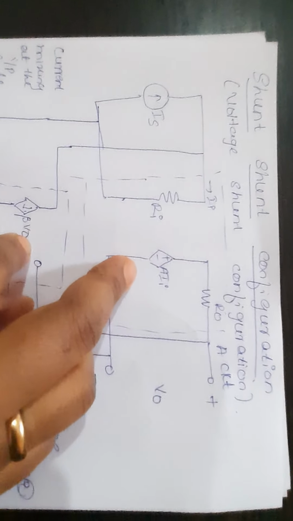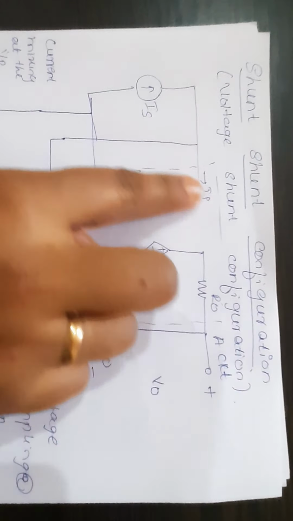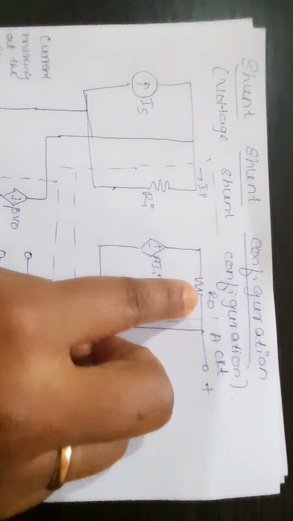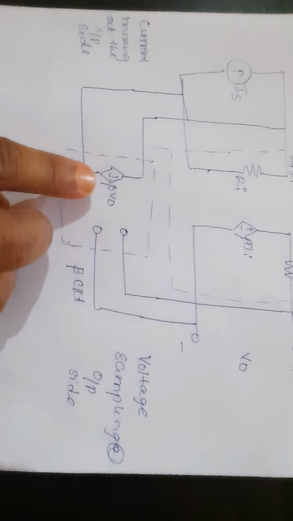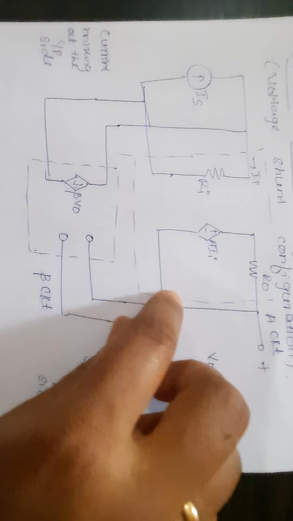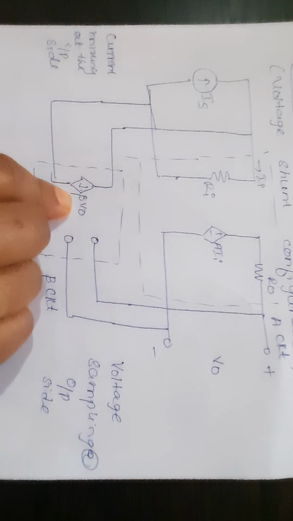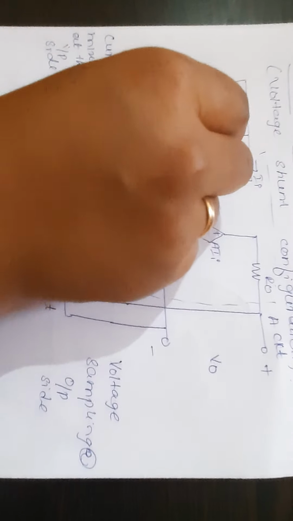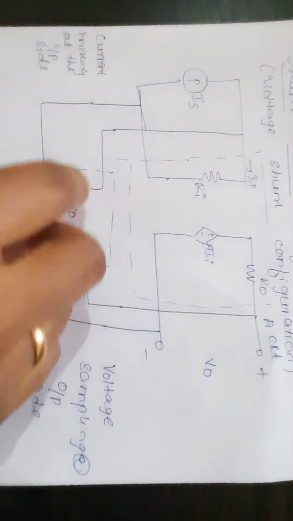It actually has two sections, the A circuit and the beta circuit. In the A circuit, meaning this much part is the A circuit, we will have the input resistance Ri, output resistance R0 and Aii. In the beta circuit, we will have beta V0, where the output voltage V0 is available at this point, and now it is given as beta V0, and it is given to the input side. Now this becomes the feedback part. This becomes the input part, this becomes the output part, and this becomes the feedback part.